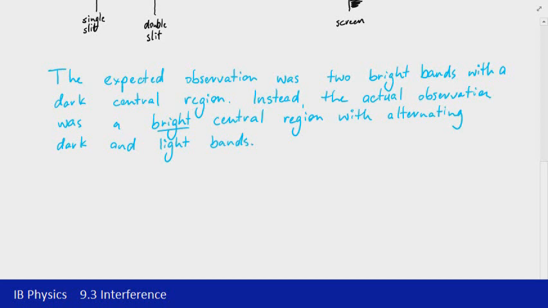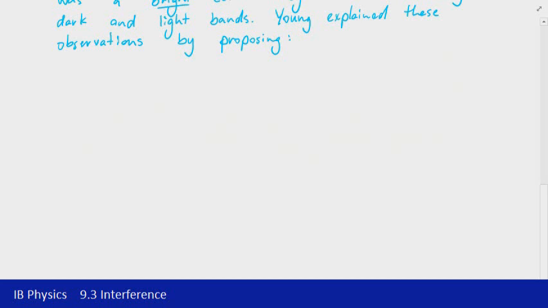And so Young was able to then explain these observations using wave theory, and a few key things to note about those observations. So the first thing, we need to go back and look at what's actually happening at the double slits themselves. So the first thing there is that light from the double slits